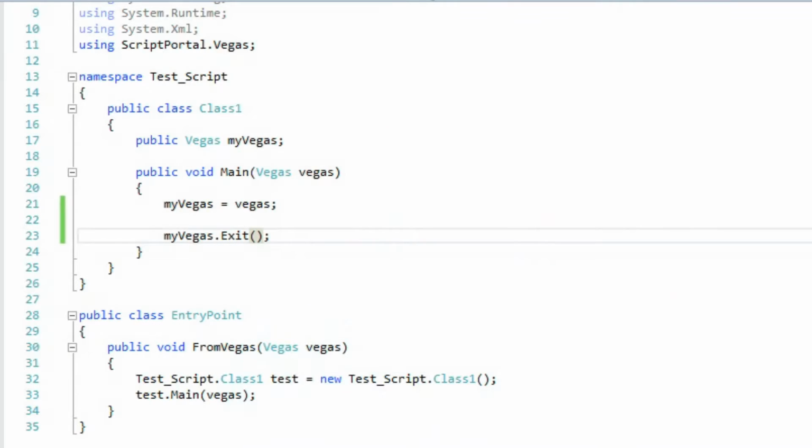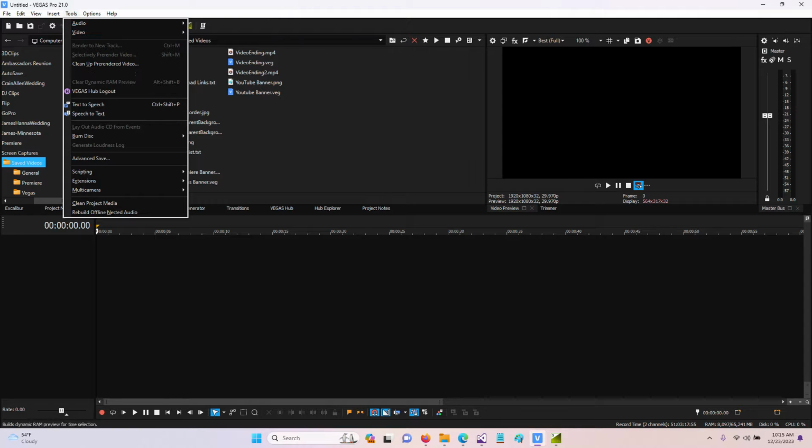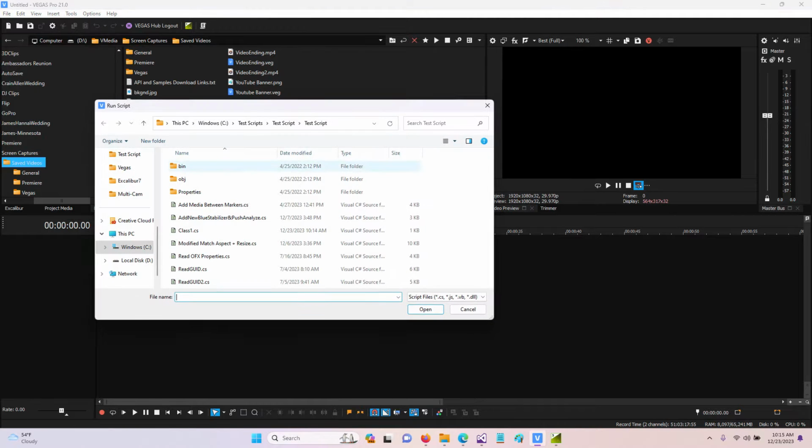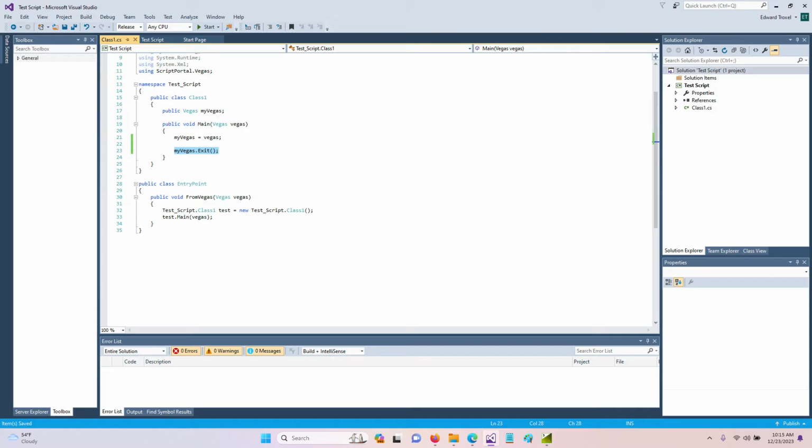First of all, we're assuming that whatever code you wanted this script to perform would be put in wherever it needed to be, and then at the end of the script we would put in myvegas.exit. So if we go into Vegas and run this script, notice that Vegas did exit. So we saw that Vegas exited very quickly and very easily just by running that little script, but